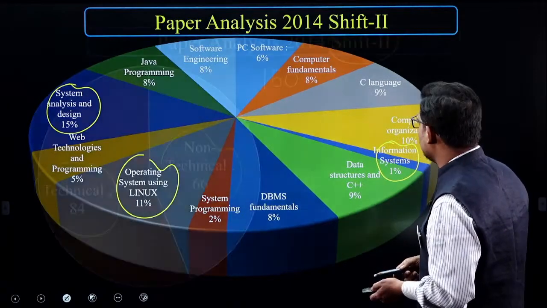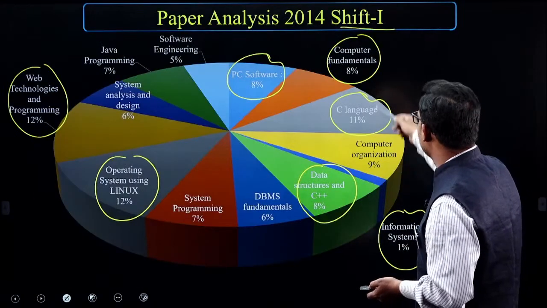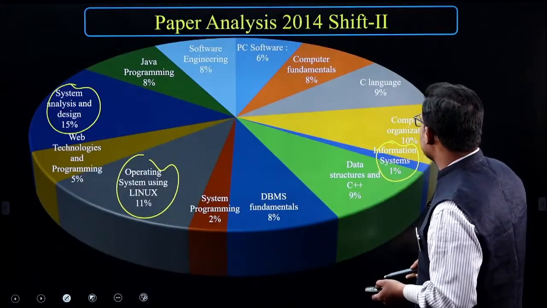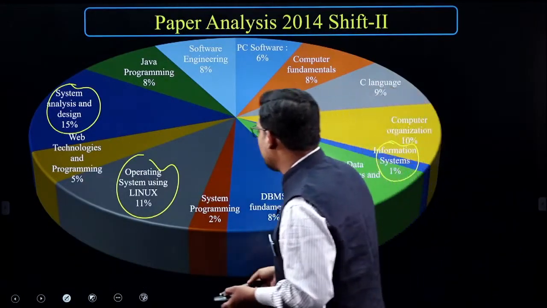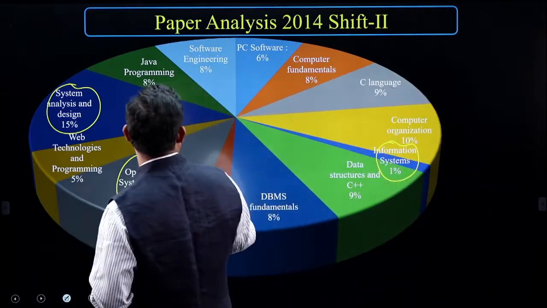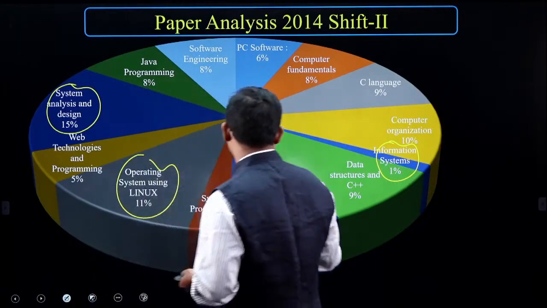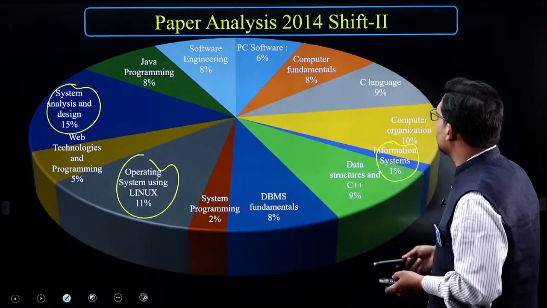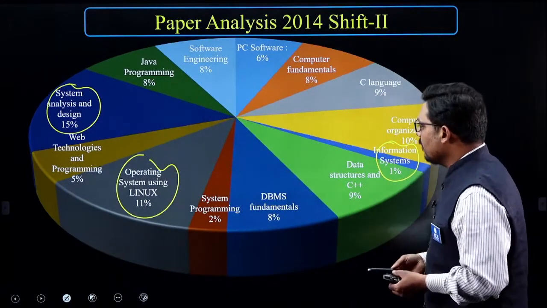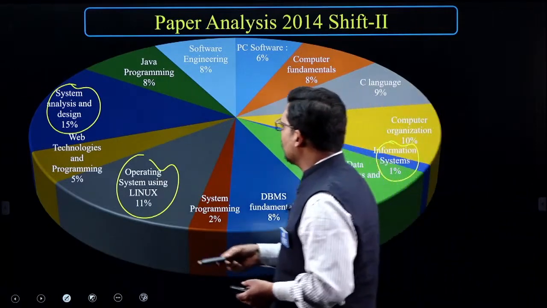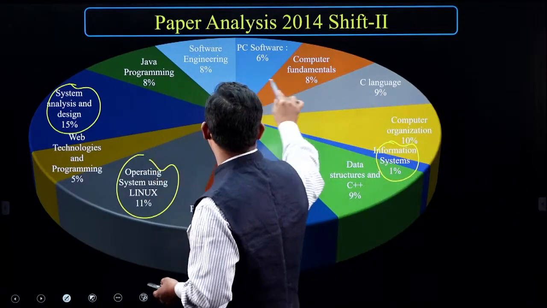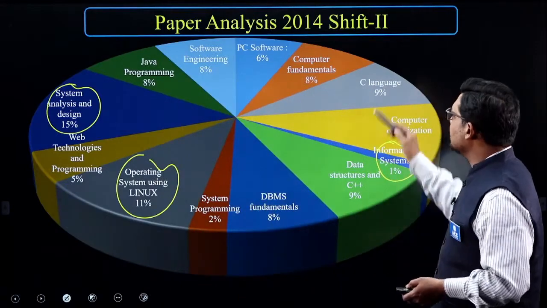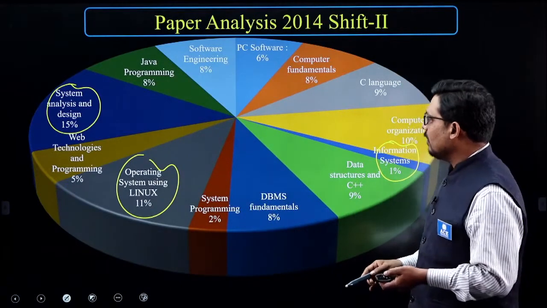Another part that had the highest weightage earlier was C language, but here C language is not separate; Java programming is there, and PC software is there. So C language does not have many questions in the shift 2 paper. But again the largest is web technology, and here it is 5, 8, 8. These are the percentages of questions asked from different topics in shift 2. Now,